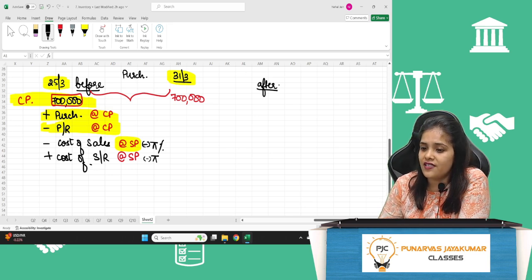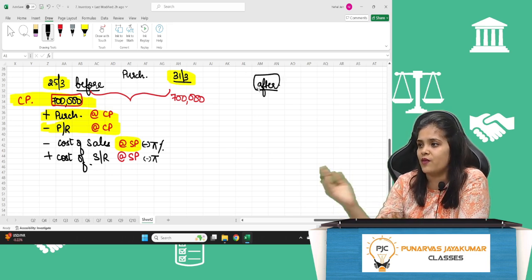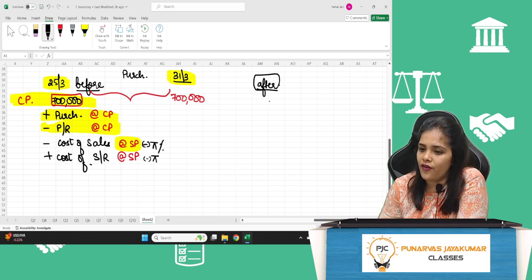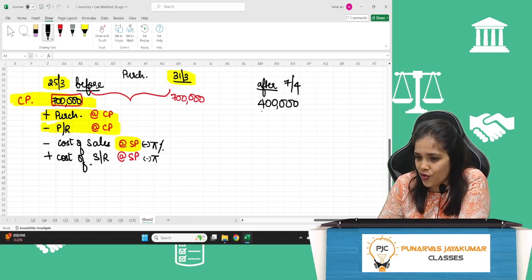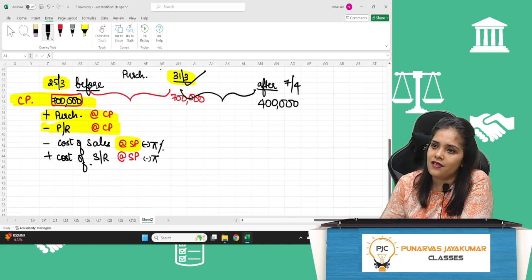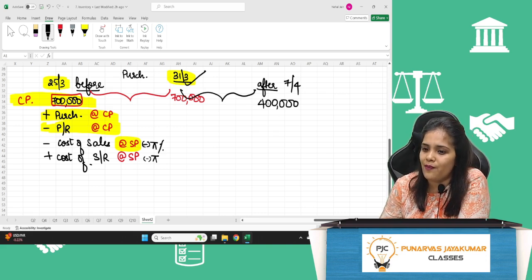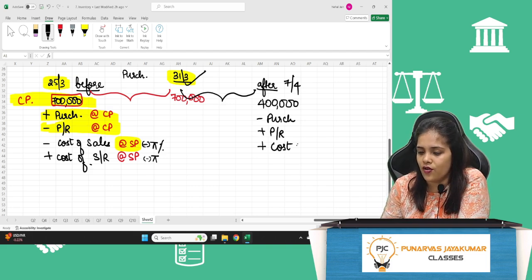Next one. If it is done after, now guys, it will be a mirror image. Whatever you found, let's say you valued your inventory on 7th of April, you valued the 4 lakhs on 31st March. Whatever has happened between, you must adjust it, right? If you made purchases, minus. If you make purchase return, add. If you make sales, add what? Cost of sales. Very good. And if you have sales return,